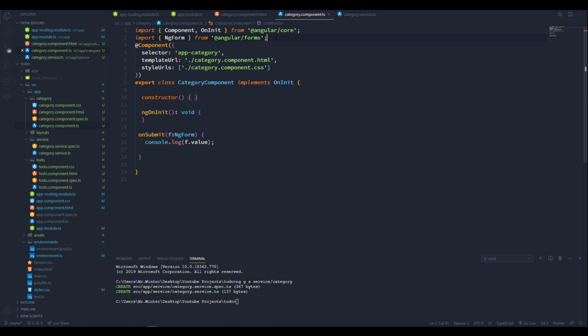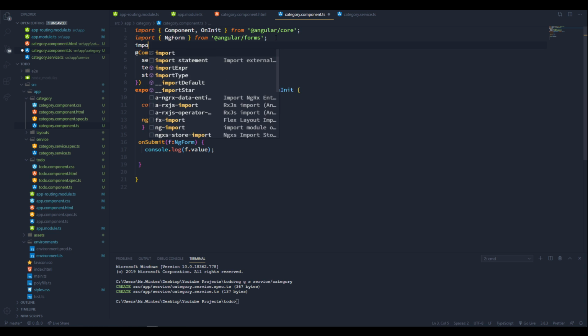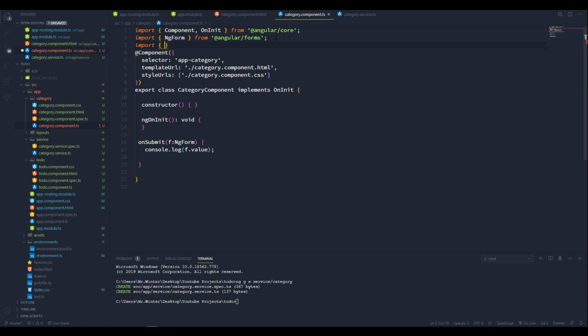At this import statement, import curly brackets. Inside, CategoryService, the C and S must be capital. From single quotes, double dot slash services slash category dot service, and inject this category service inside the constructor. Private categoryService